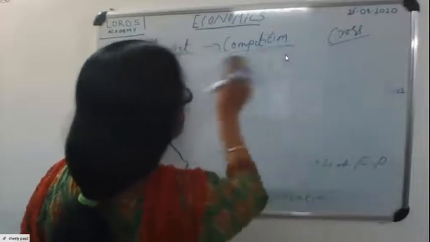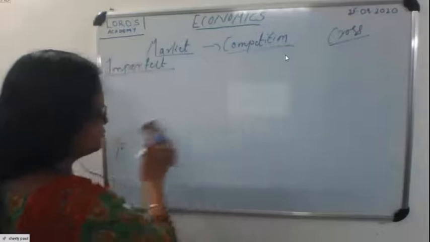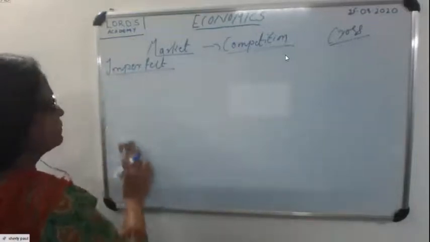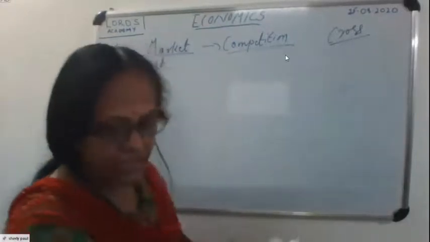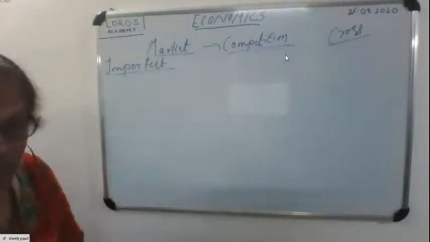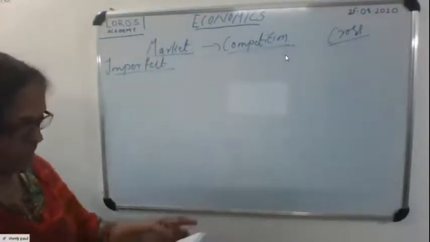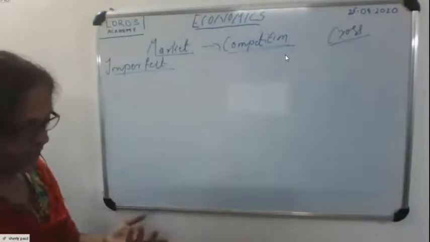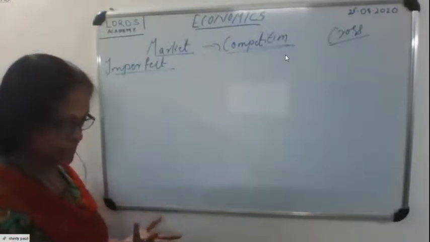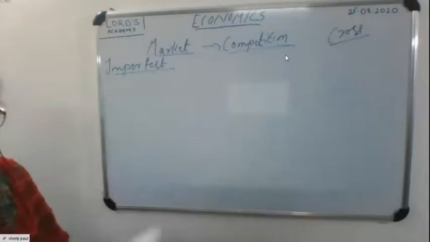Here, third one, when they are asking about the characteristics of perfect competition, we know that perfect knowledge, free entry and exit, and large number of buyers and sellers, everything we said, and no close substitutes. Then, substitutes are there, free entry and exit, homogeneous product, absence of selling and transportation cost.